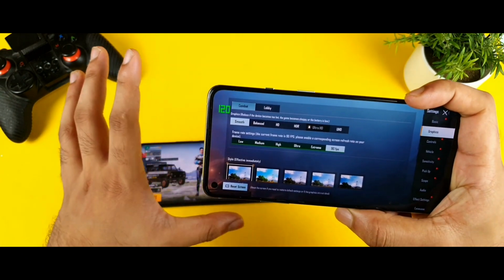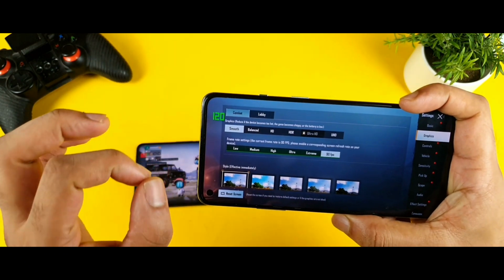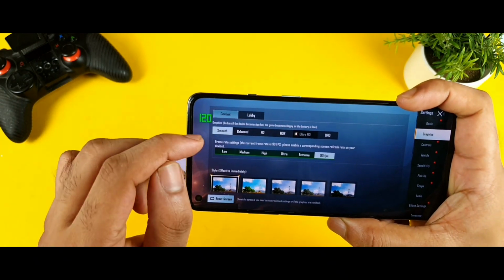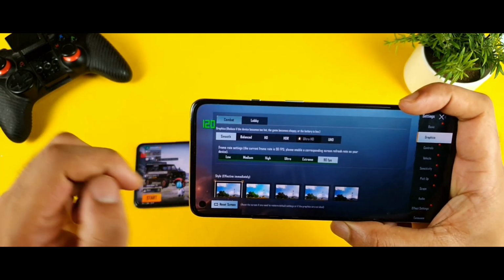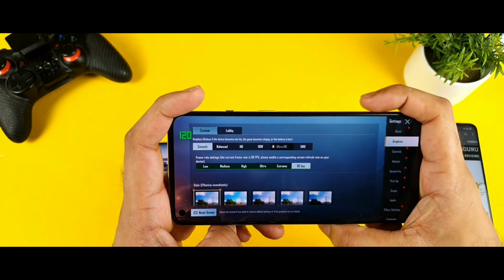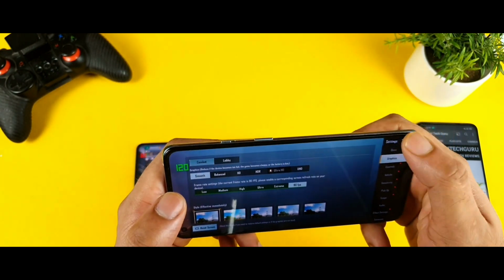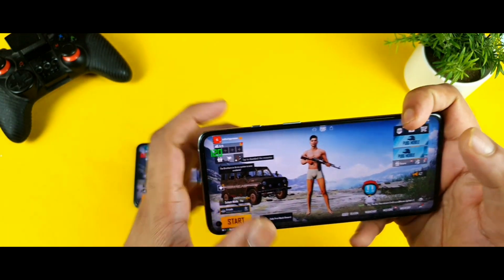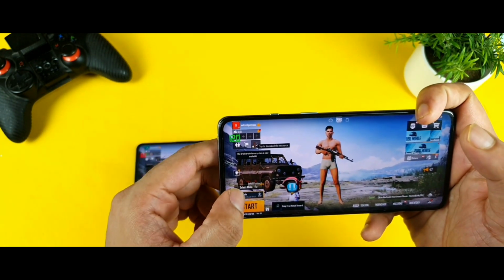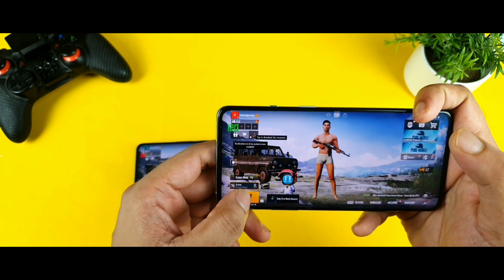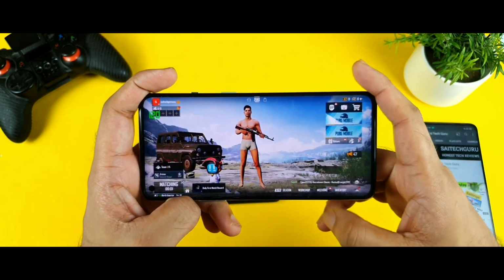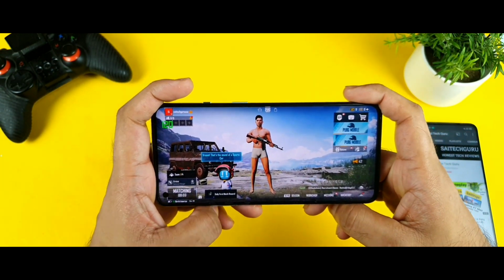That doesn't mean it's playing at 120 FPS. I'm just trying to say it's playing at 90 FPS, since the refresh rate can only change from 60 to 120. So right now I think the phone is playing at 90 FPS, and that is the reason you are seeing the 120 Hz refresh rate. If you want, I'll do a side-by-side comparison using a real-time third-party FPS meter, and then I can show you the difference.